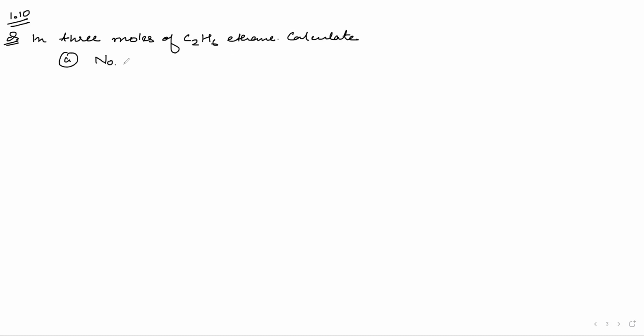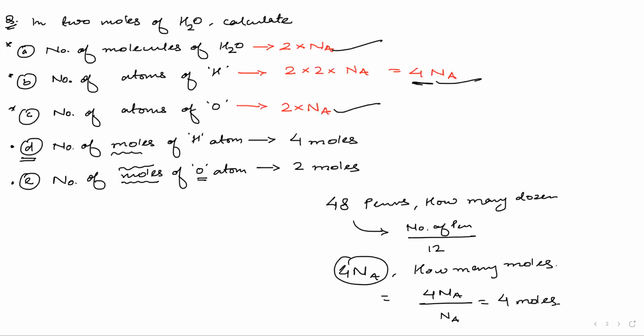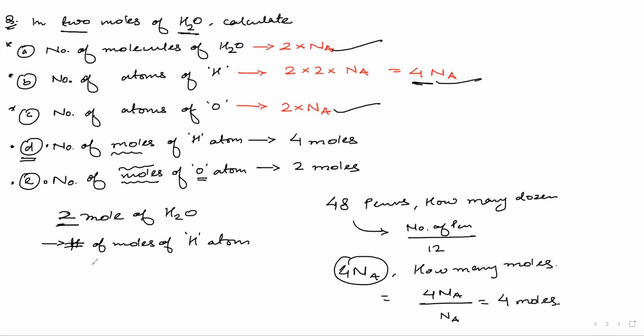A part is number of moles of carbon atoms. Okay, I didn't give you the way to calculate this in terms. This last part, na, we can calculate even without picking up the pen. So you have 2 moles of H2O. So number of, this hash sign is for number, okay? Number of moles of hydrogen atoms. So you will write this 2, then you will write this 2 from hydrogen, and then you will just write moles.